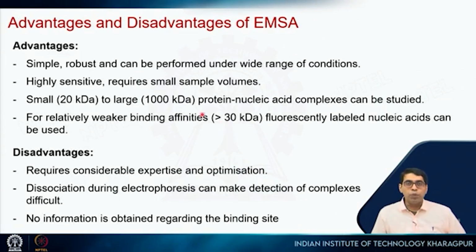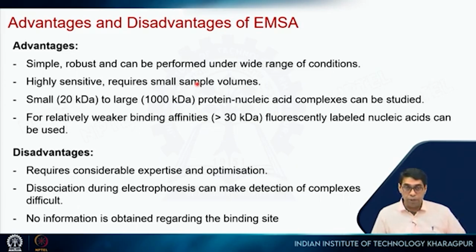Okay. So what are the advantages and disadvantages of this experiment? EMSA, or electrophoretic mobility shift assay, is a very simple, robust experiment, and it can be performed under a wide range of conditions, right? It is very sensitive. It requires a very small amount of protein, so you do not have to make or purify large quantities of